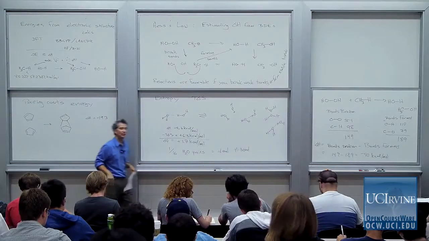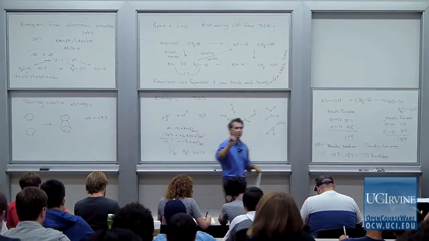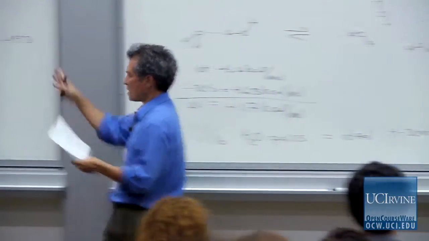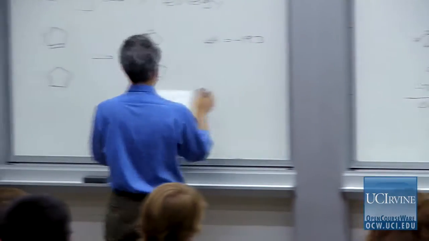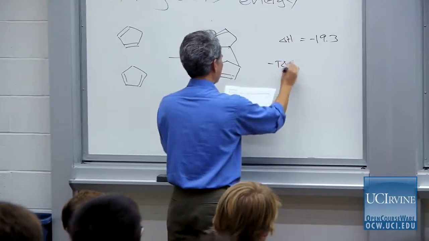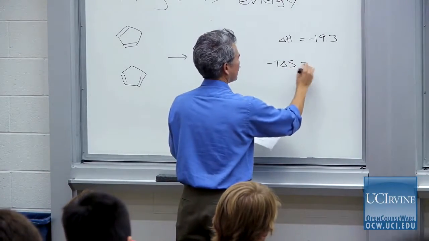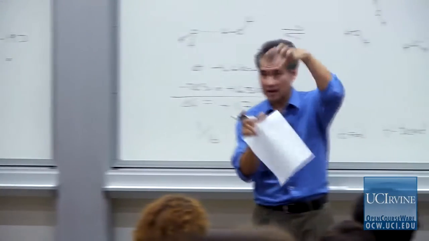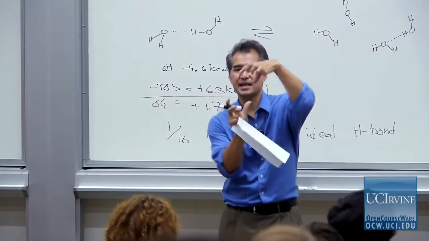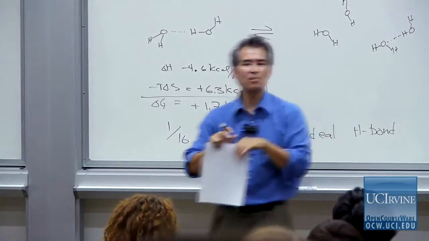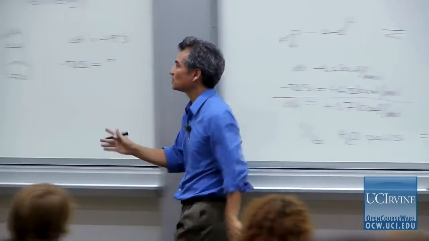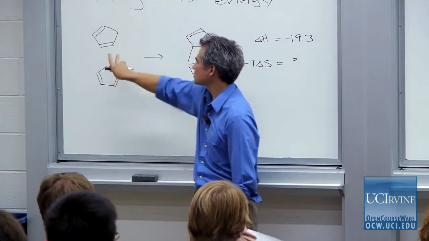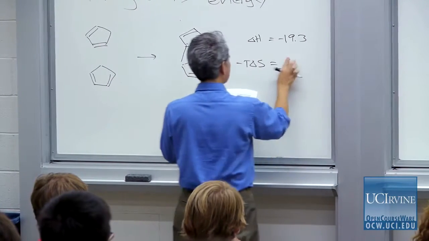You could have guessed that by looking at the fact that we just traded 2 pi bonds, CC pi bonds, for single bonds. So just that bond analysis would have told you that enthalpically it's good. The problem is that bringing 2 cyclopentadienes close together, not forming bonds, no bonding yet, and just getting them together, and getting 6.02 times 10 to the 23rd of these pairs ready to form bonds, with just the right distances, just the right orientation, costs